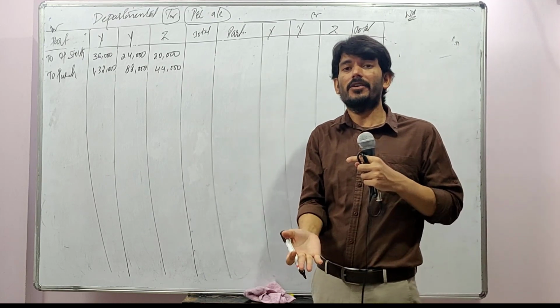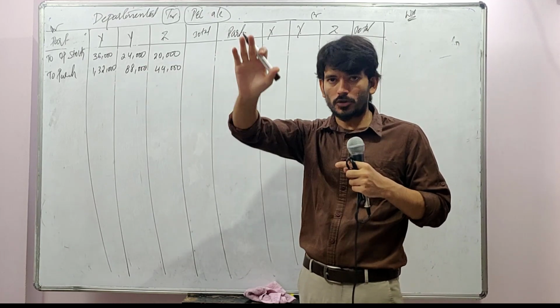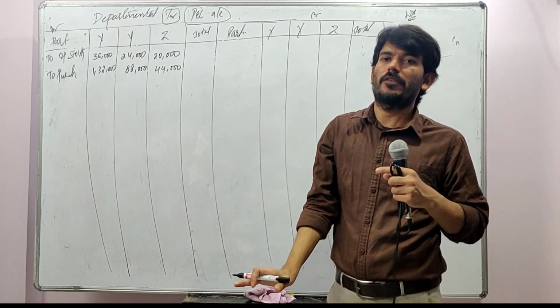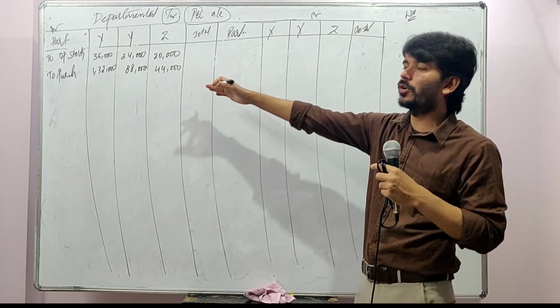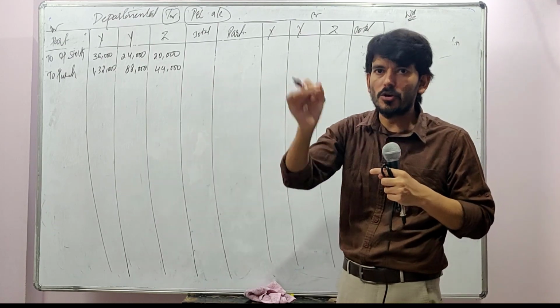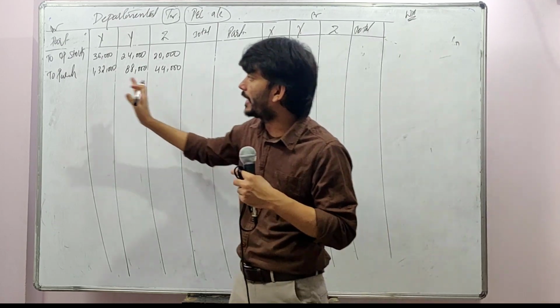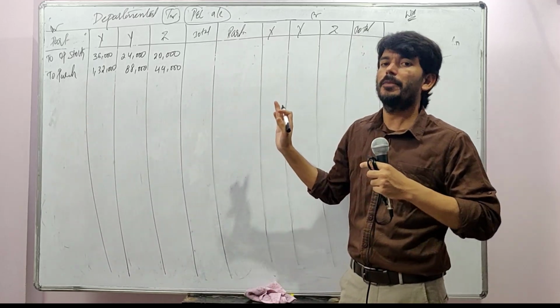But then why has he given? It could be some other reason. We don't know. As of now, we don't know why he has given the debtors. We'll come to know when we read the entire question. But for time being, we don't know why the debtors has been given. Just because it is given, don't think that either I should be writing here or there. Okay, so don't make that assumption.